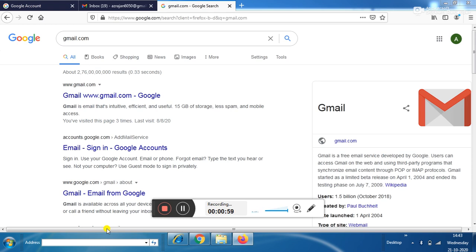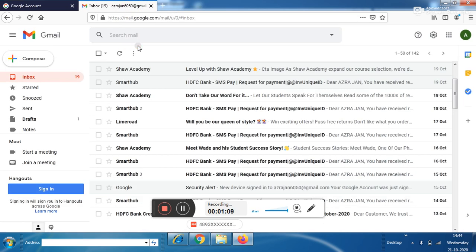Today we're going to see how we compose and send an email. I already have an account in Gmail, so I'll be logging into my account. As you all can see, I've already logged into my account. So this is the screen when you log into your account. And one more thing, whenever you send an email either through your phone or through your computer, one must have an active internet connection. So it is necessary that you should be connected to internet.